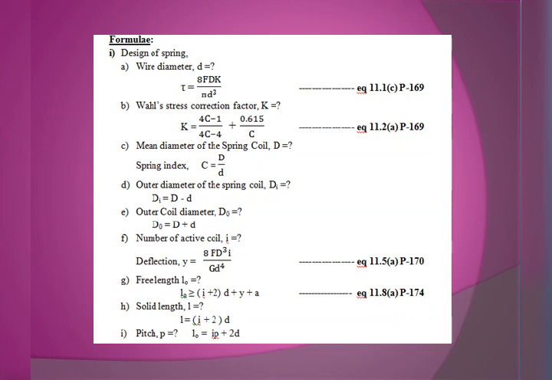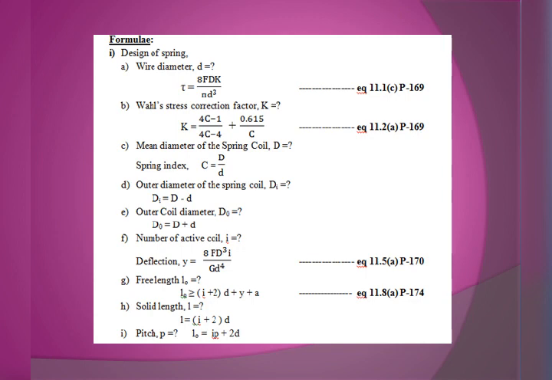Anyhow d we are supposed to find, and by replacing capital D as 6 times the d, that is by using the ratio factor C, that is called the spring index. That is mean diameter of the spring coil, capital D divided by small d is equal to spring index capital C, that he has given. Therefore we are getting capital D is equal to 6d. We will substitute in equation 11.1c, page 169. We are getting the small letter d. Later we need to substitute that d in the spring index equation. We are getting the capital D. So mean diameter and wire diameter are over.